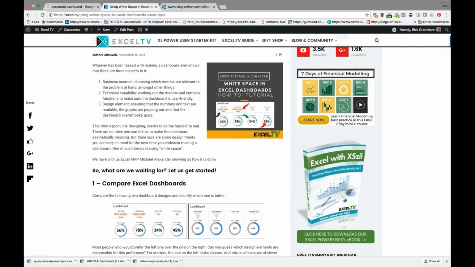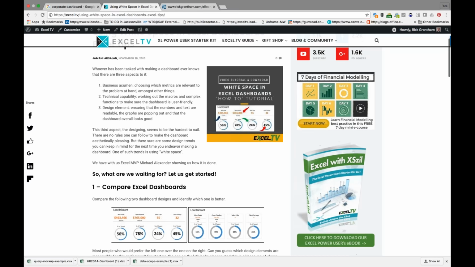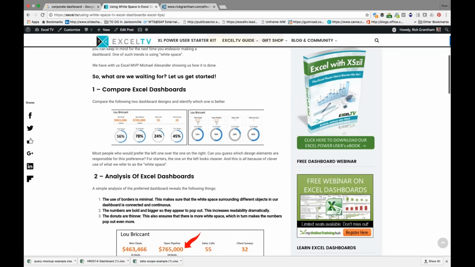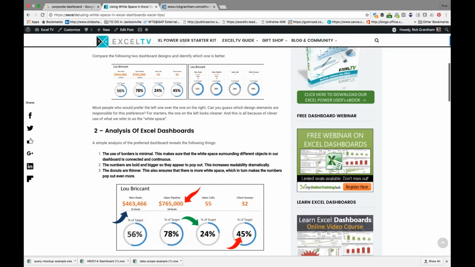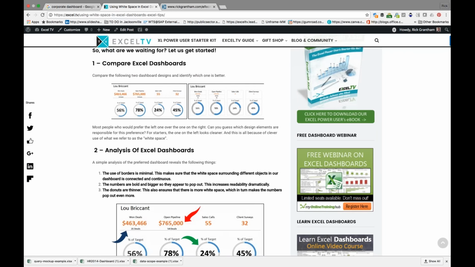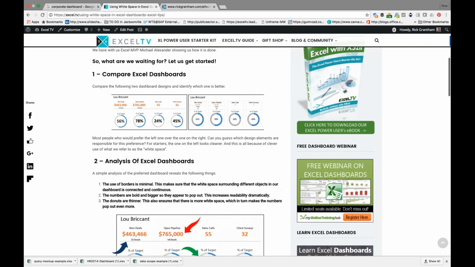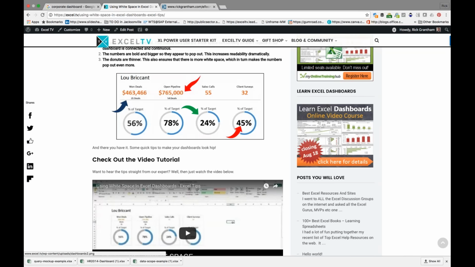We had him on the show, and he talked quite a bit about the use of white space, and how this is changing quite a bit in dashboards. There used to be much more segmentation by putting borders and bold borders, so you can segment things that way. But you can actually get much more creative just using font sizes, really faint lines, and different coloring to make your point much more effectively. The reason I bring this up is there's a video down here at the bottom where he walks through it, so I'll make this available as well.